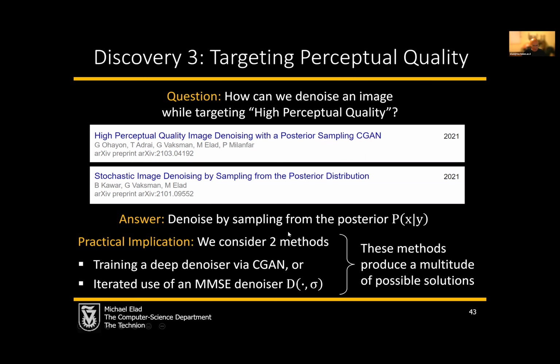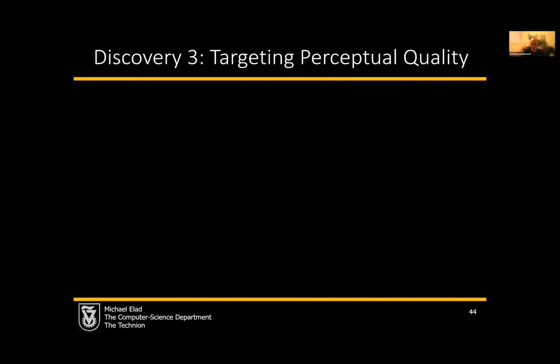One thing amazing that happens here is that you are no longer looking at a single solution. If I'm sampling from the posterior, I will get a multitude of solutions. I will show you a bunch of images that could explain your outcome. All of them have to be lovely to look at, sharp, crisp, and might be different from each other. Okay, so let's zoom in on those 2 papers, and I'll start with the second one, the stochastic image denoiser